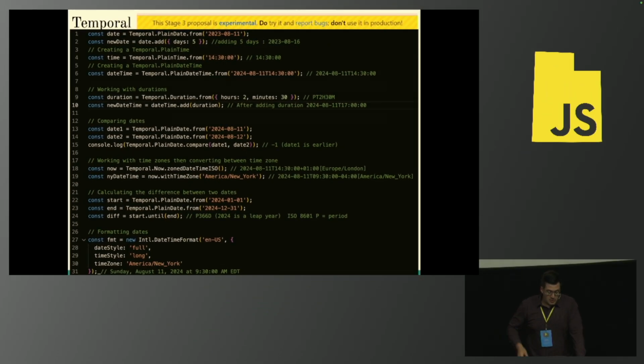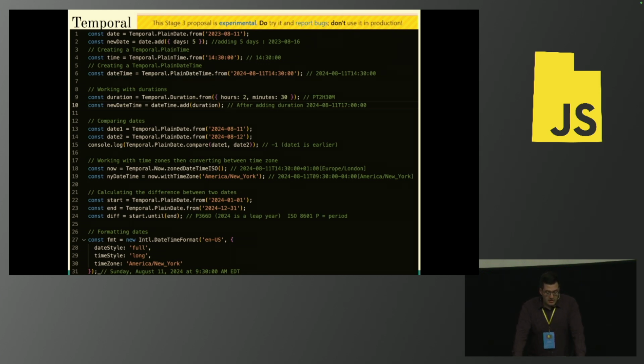But when converting between date times, you could do Temporal.now, the time right now, and then give me a date time for whatever time zone you're currently in. So let's say you're in London in line 18, and then you could say, okay, I was in London, but now convert this time to New York, because maybe you're going to try to order a pizza from New York and you need to know if it's open. So then you would just do with the time zone and switch the time zone.